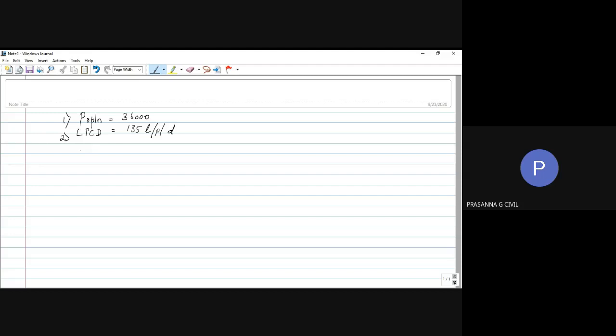So from this, the third step I need to calculate. Kailash, other than this, the slope was given. Yes, ma'am. Just a minute, I will write the slope also. Slope was given as 1 in 625 and your N value was given to you. These were the details given. N was 0.012. Next, I'm writing the next step. What is the next step that I need to calculate, Kailash?